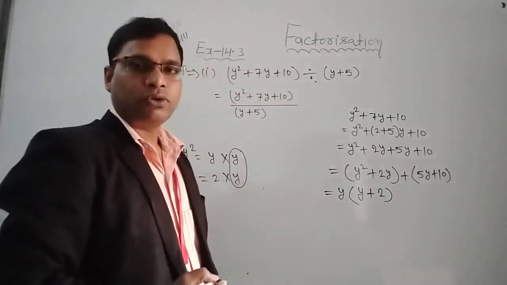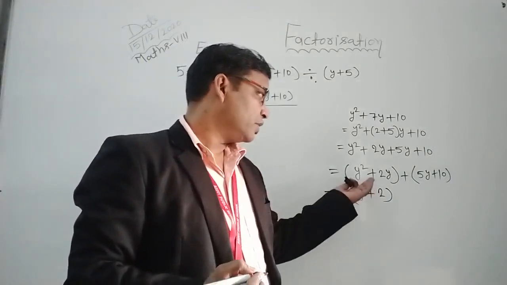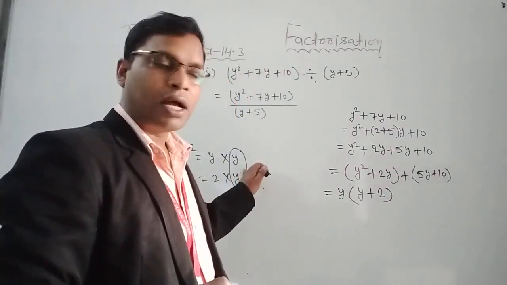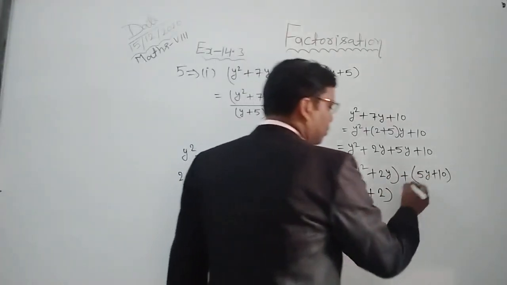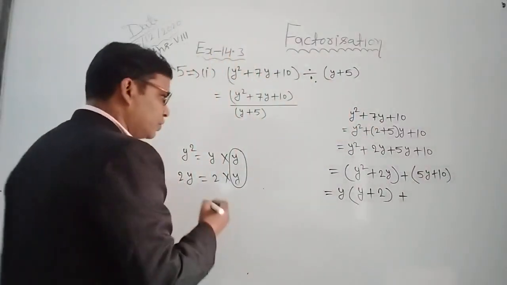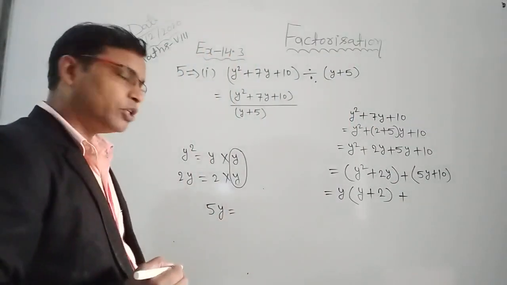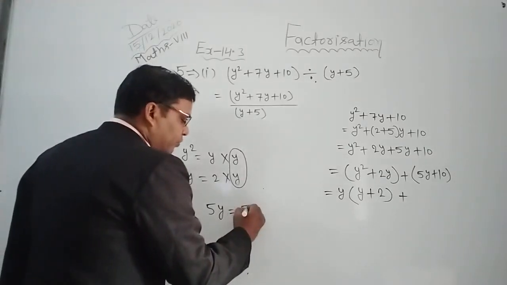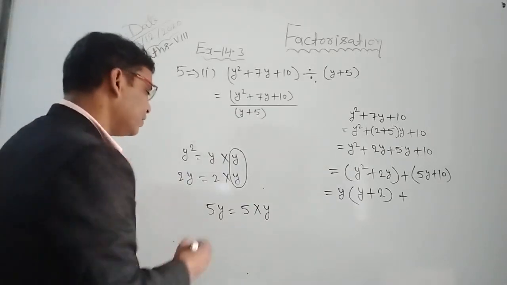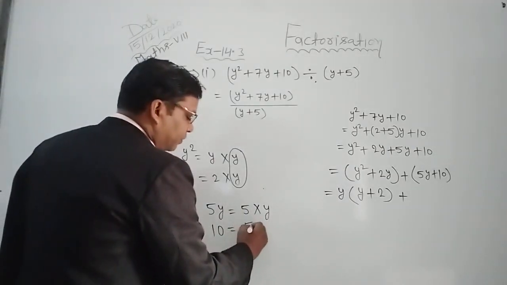So students, I hope all of you understood how to take the common factors of these two terms. First we express as the product of irreducible factors. After this we take commons. And in the second group you can see here 5y plus 10. So what is the common between them? First you write here 5y and express it as the product of irreducible factors. So 5y is equal to 5 into y. This is clear. And after this the last term is 10. So you can express 10 as the product of prime factors. This becomes 5 into 2.